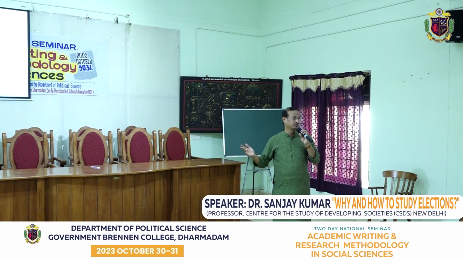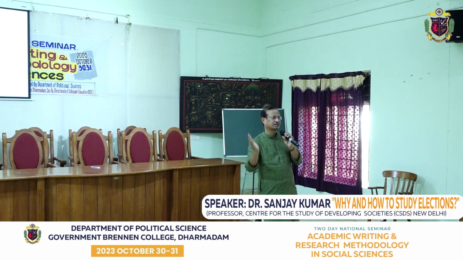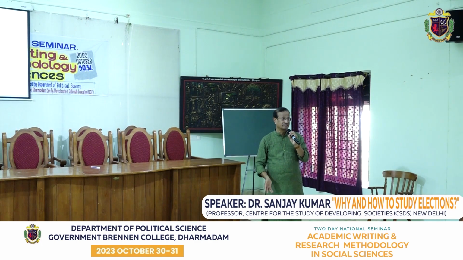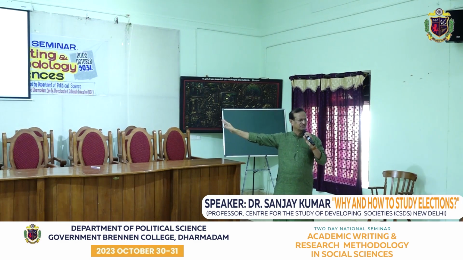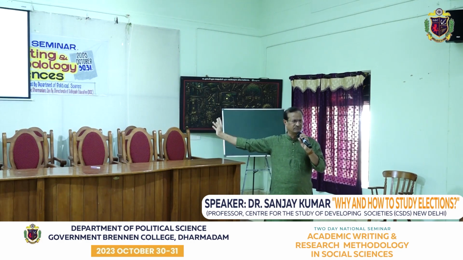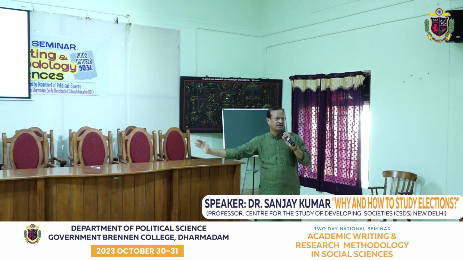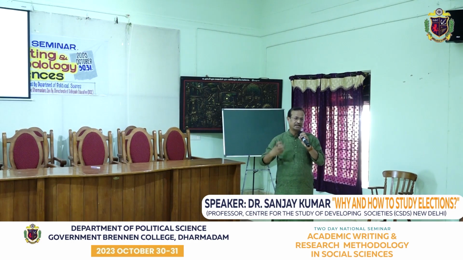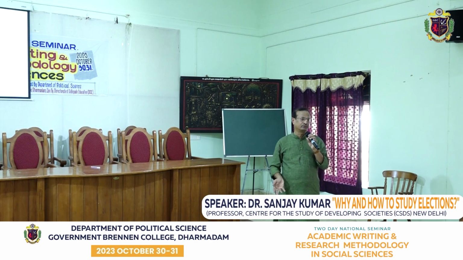When BJP did very well in the UP Assembly election 2022, people started believing that there is a shift among the Muslim women towards the BJP, which is not the case. Look at the Muslim support for BJP, it is roughly 7-8% all the time. Whether BJP loses or wins an election, there is a decline for Muslim support for the Congress, and the regional parties have gained popularity among the Muslim voters. How do we understand this phenomenon of elections? Only and only if we do research on elections.